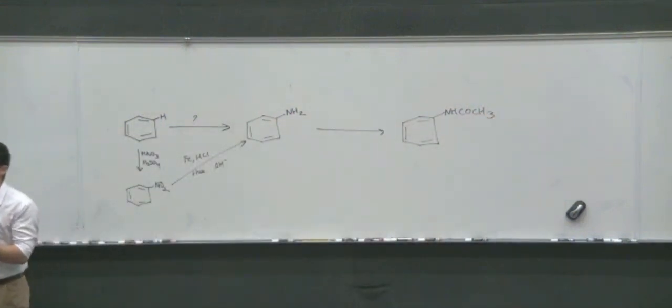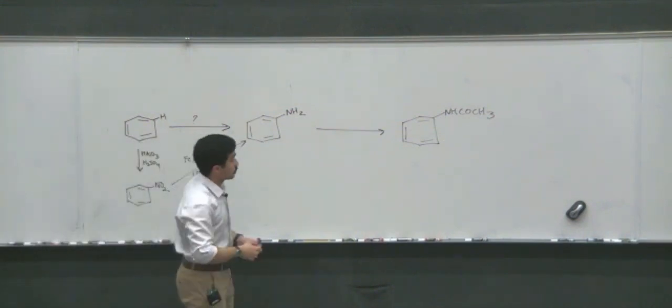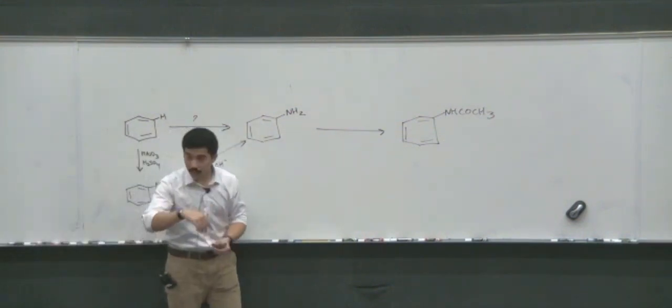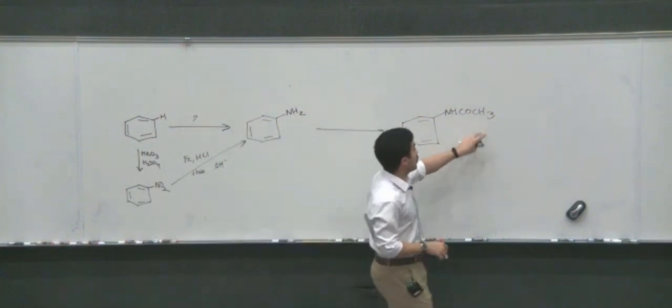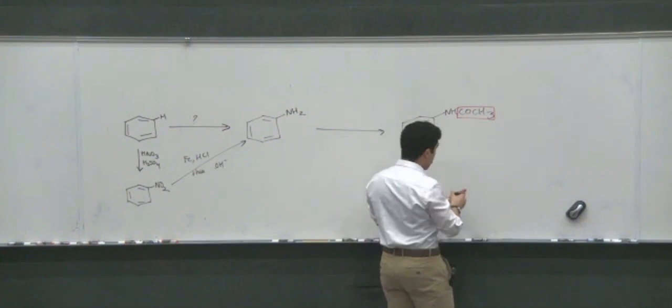First off, what do I say? Identify what's changing. What is changing? Okay, so replacing an H. We're losing an H and replacing it with what? This weird looking structure. Okay, let's draw this